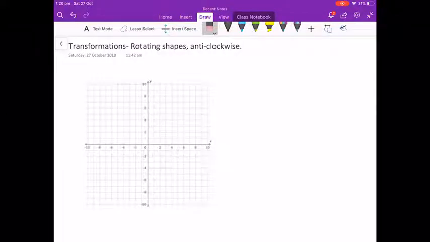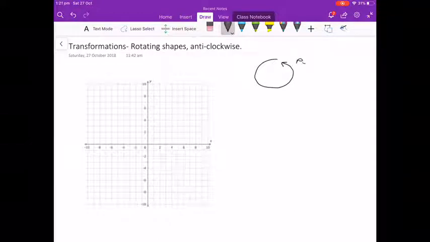Today we're going to look at rotating shapes using the Cartesian plane, and we're going to focus on an anti-clockwise direction. So anti-clockwise means going against the clock, and we actually call that positive rotation. When we rotate on our Cartesian plane, we usually rotate in sets of 90 degrees